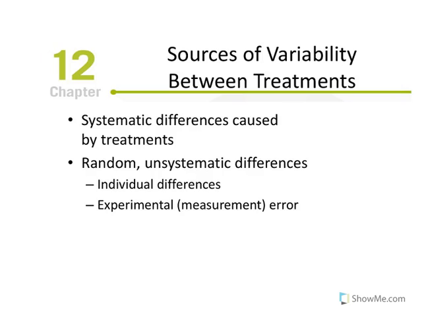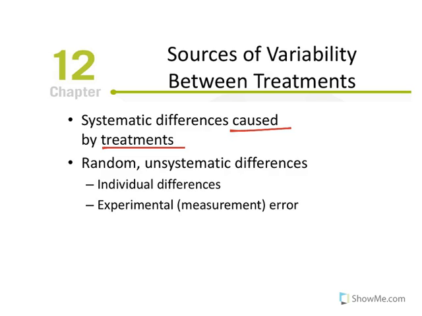So, sources of variability between treatments. The sources include systematic differences caused by treatments, and again, that's our interest, as well as random unsystematic differences or the individual differences that we see within. In other words, the between variance includes the systematic differences or the treatment effect, as well as what was represented as the within treatment variance. And in a subsequent slide, this will probably make more sense, but for now, just understand that the between treatment variability or variance